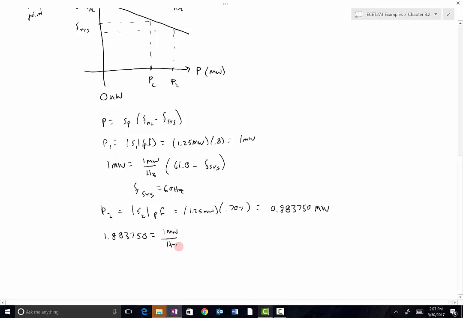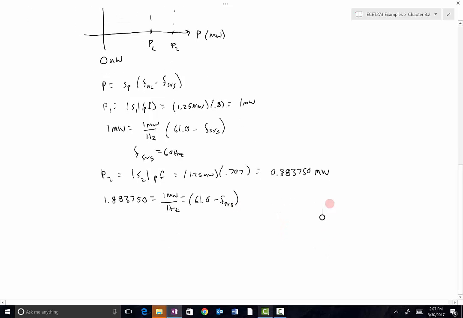is going to be equal to, we haven't changed the slope, so that's still 1 megawatt per hertz. In fact, you can't change the slope of these generator curves. They're fixed slopes. Equals, we haven't changed the no-load frequency. We're just trying to figure out what the impact on the system is going to be. And so that means we're going to solve for a new FSys, or FSys2 here. So solving this, we divide both sides by 1 megawatt per hertz and subtract off 61. And we end up getting FSys is equal to